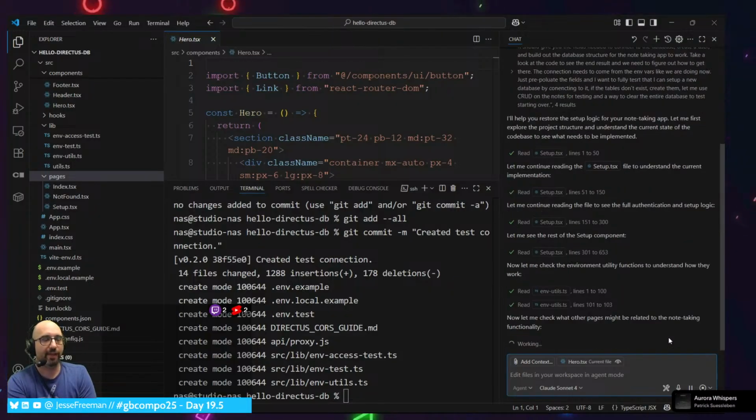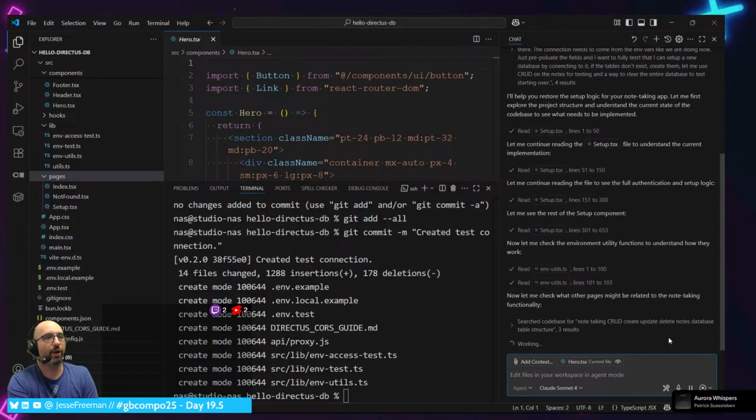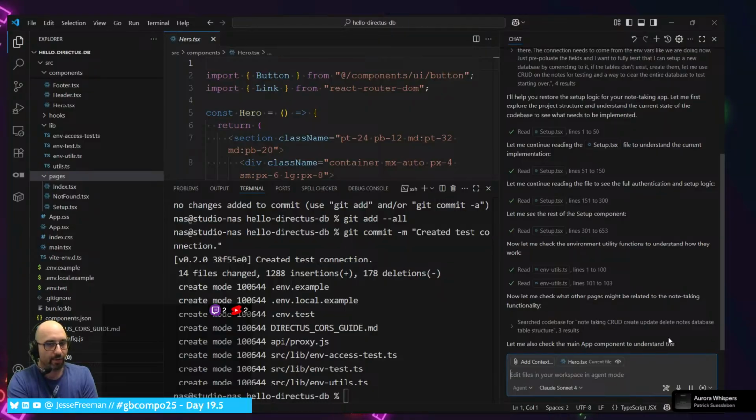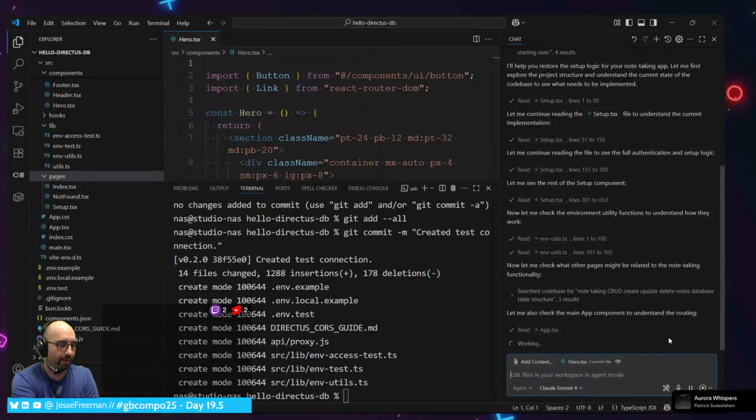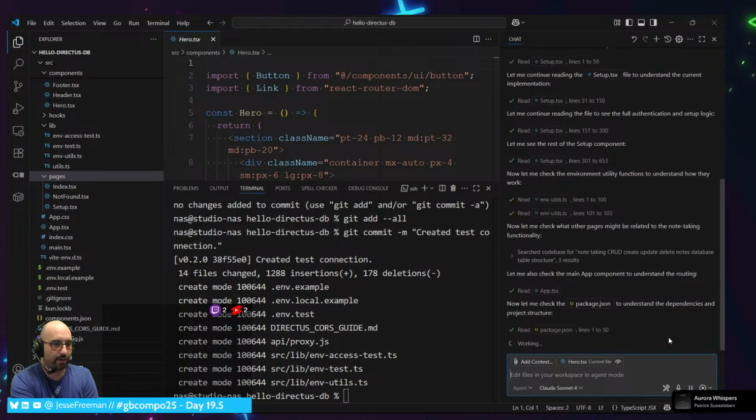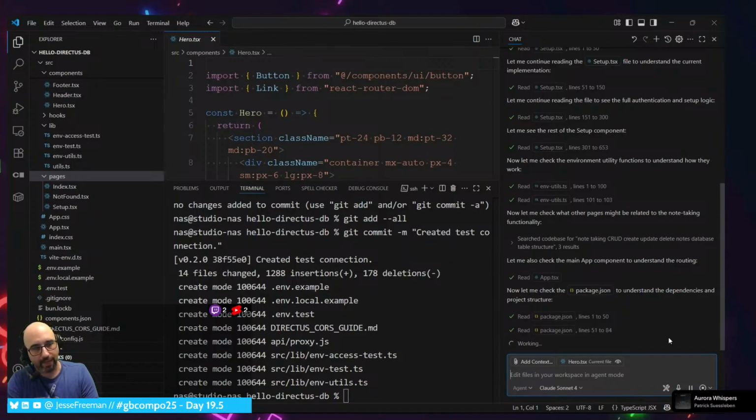I want these apps to be able to, whenever you run them for the first time, verify that the connection works. If the things in the database aren't what they need, then it should build out the tables of the database, get everything up and working. And then after that, everything should just work.